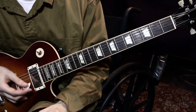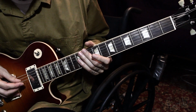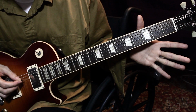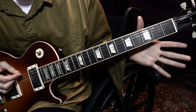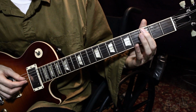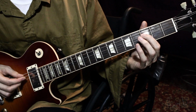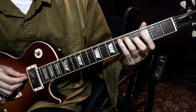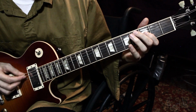So you play the chorus again, and then you're going to play this clean riff where you just kind of play these 3 strings over here. But you're going to add in these notes D3, A3, and A5. So it's kind of like,